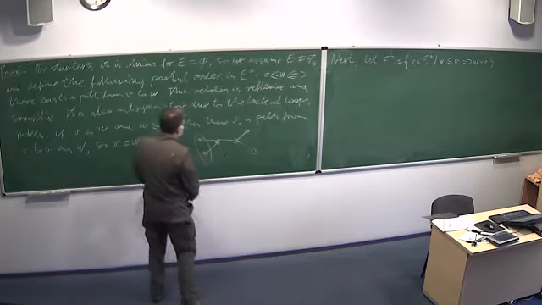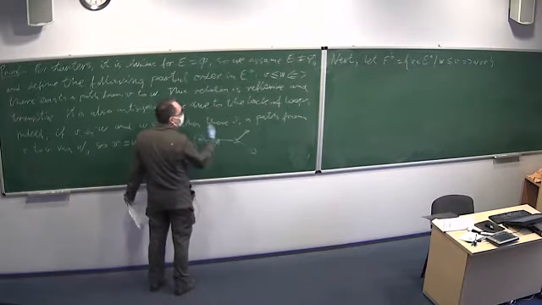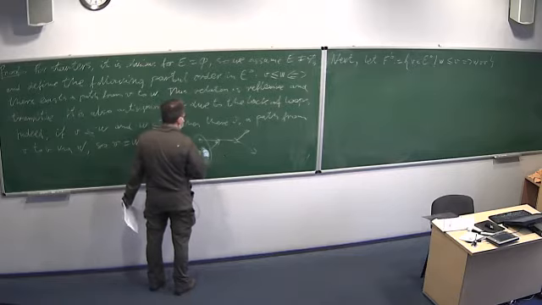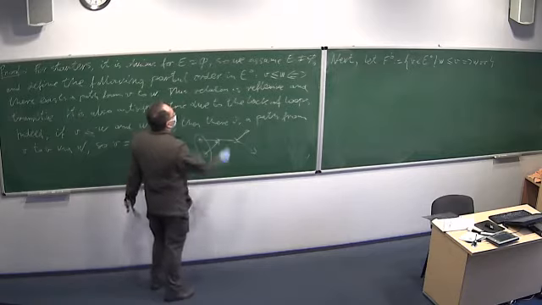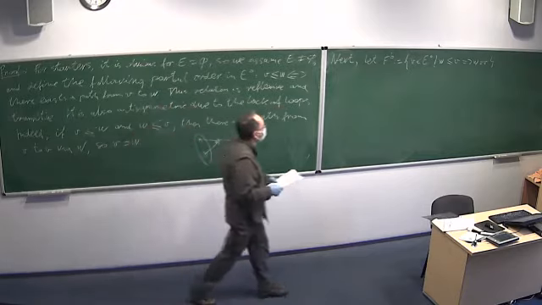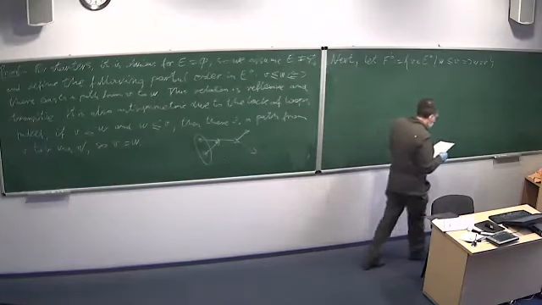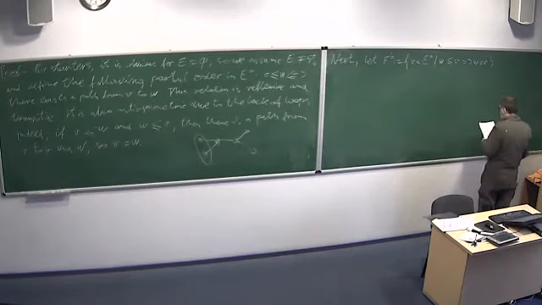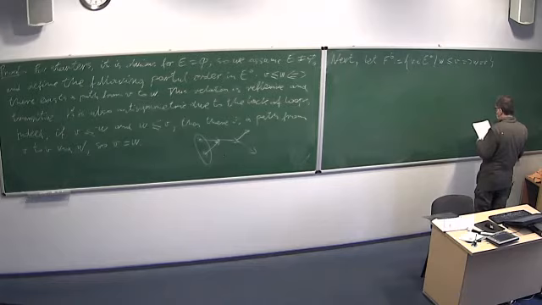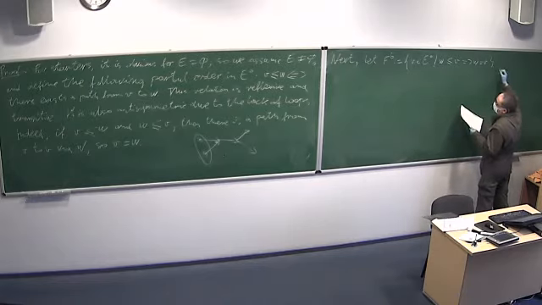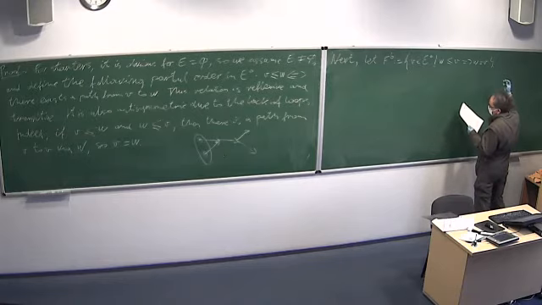I'll inductively define then F1, F2, and so on. But each time it will be the idea of taking all the vertices that are at the bottom of the graph with respect to this relation. But first, let's see that F0 is non-empty. So by contradiction, suppose that F0 is empty.